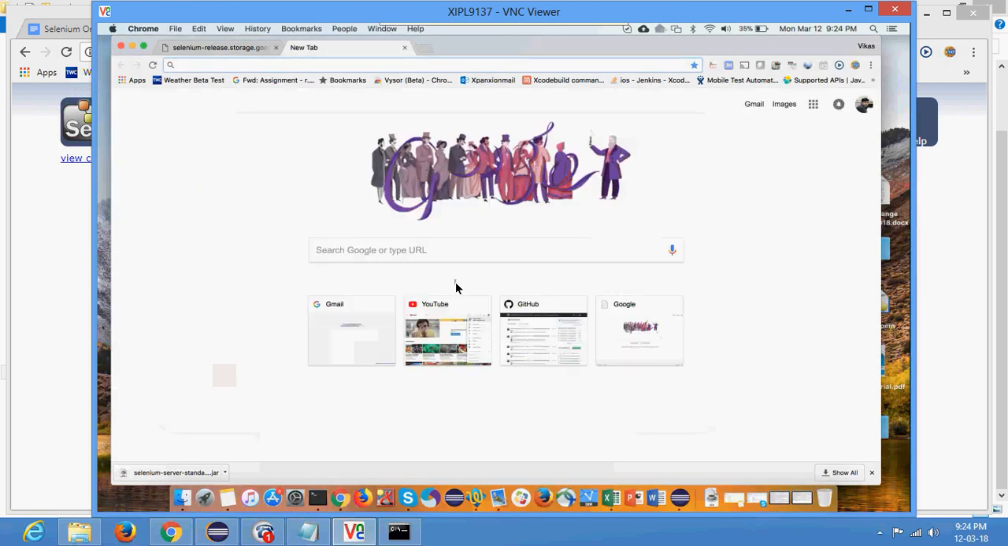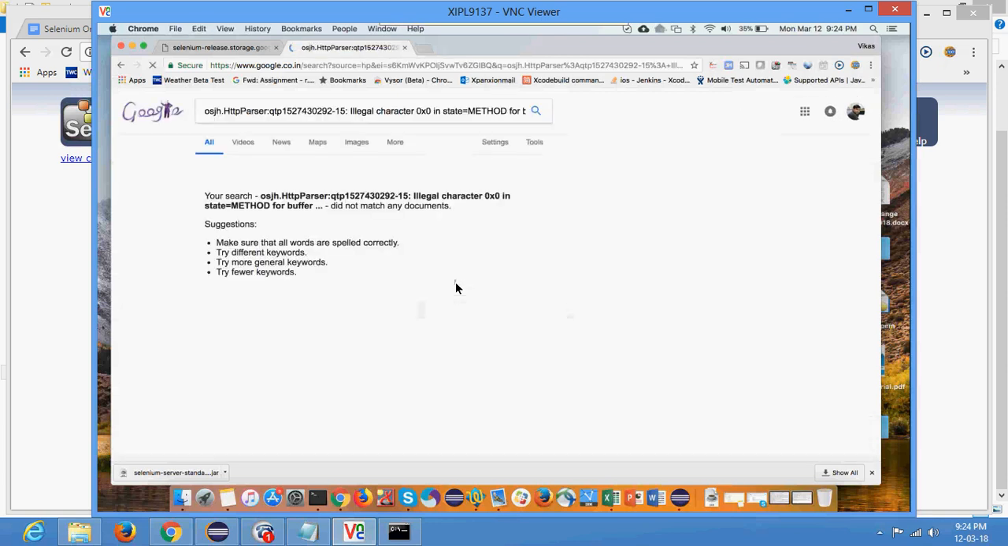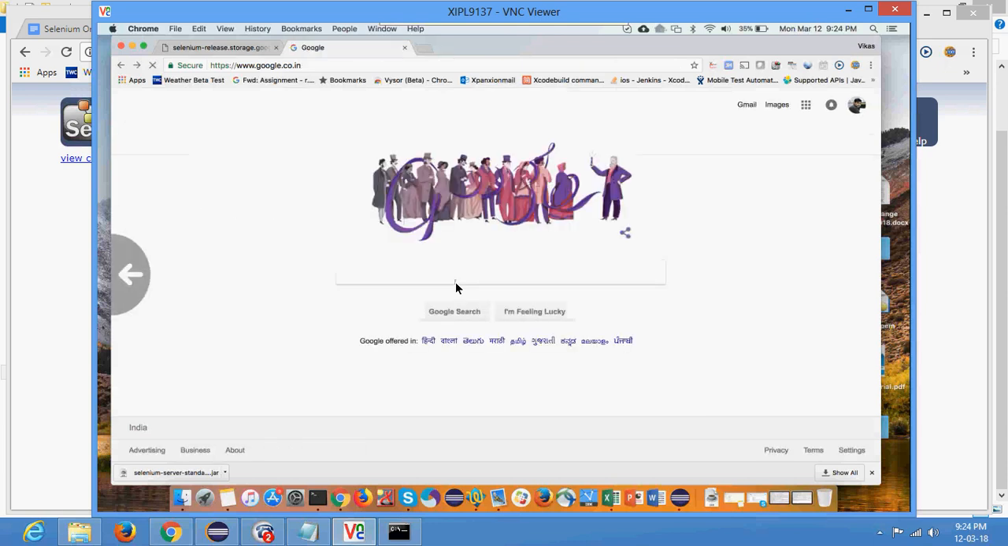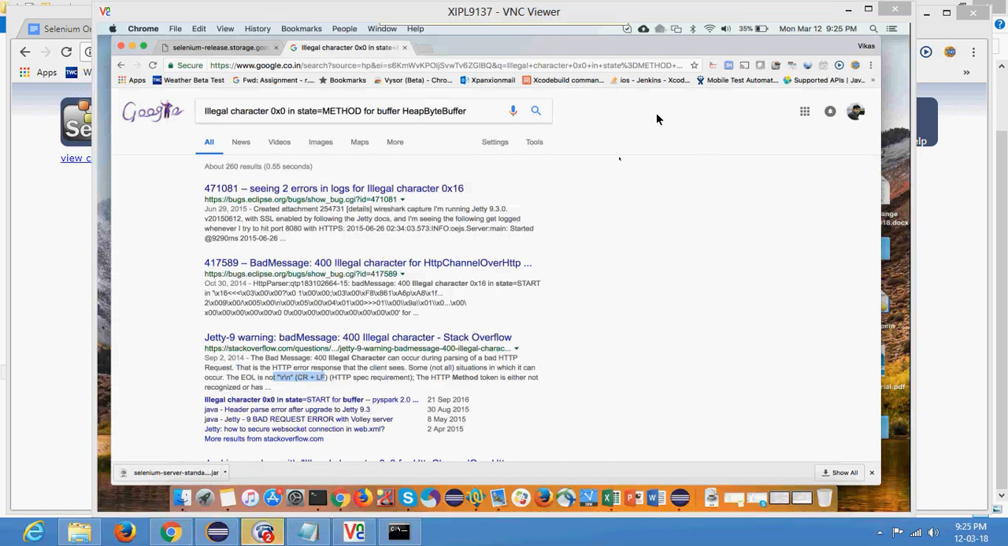What I will do is I will Google it and just put that exception. I know it will not give anything. Okay, so seeing two errors in a log for illegal character. This is Eclipse, this is Stack Overflow. Okay, that is something. This is something related with the carriage return and